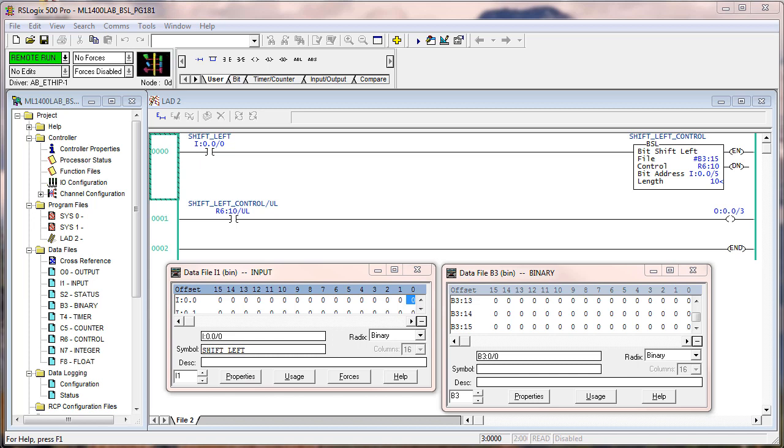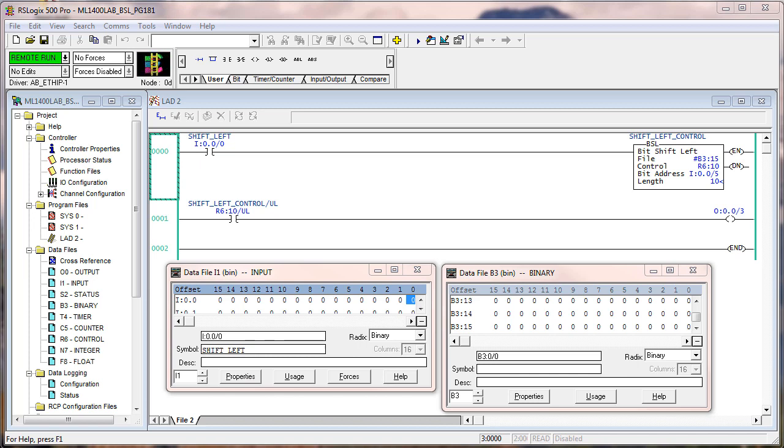So if you look at your input file there, 0 through 15, none of those bits are on. So if I toggle input 0, it shows enable and done. So it is shifting. The problem is you're shifting zeros. So right now the state of the bit address